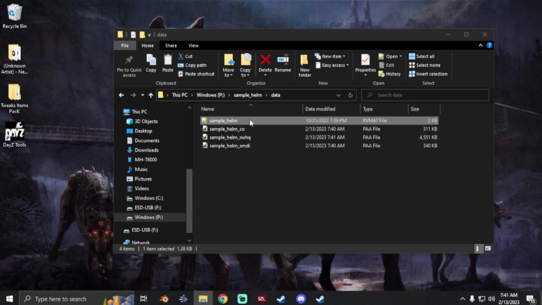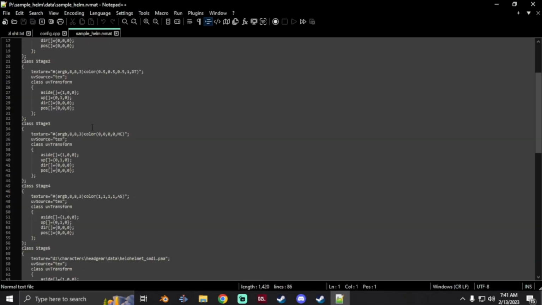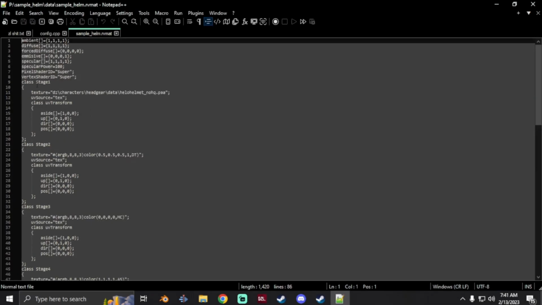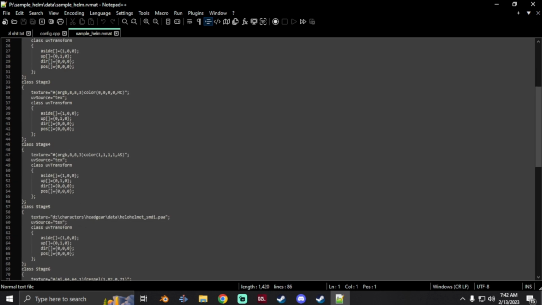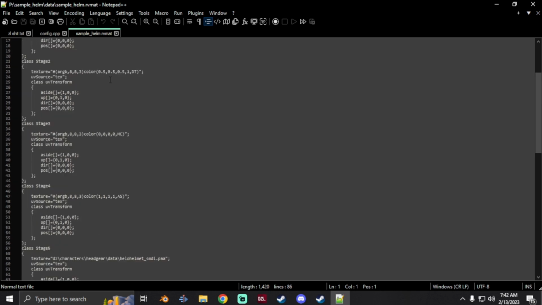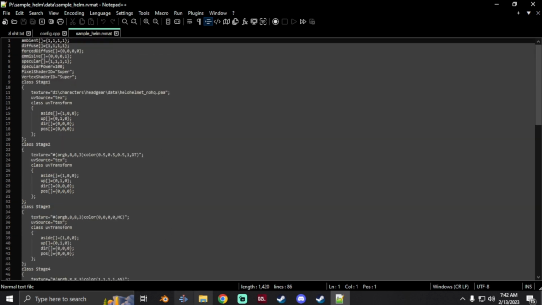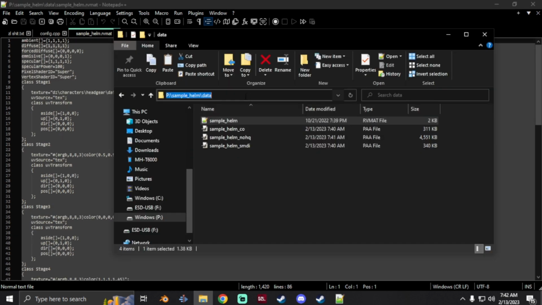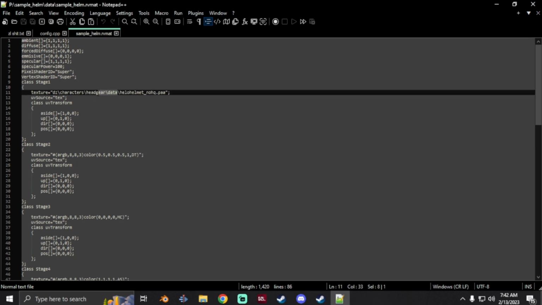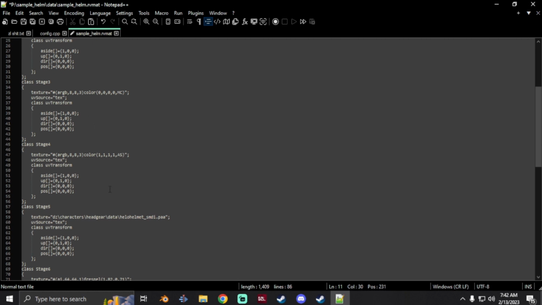Okay, now we're going to open that up, and we're going to change our paths. We're going to work with stage 1 and stage 5. Stage 1 is for the normals, stage 5 is for the metallic. So we're going to get our path to our textures without the P. You do not want the P and the backslash there, or else it won't work. Paste. Just paste it over their path,